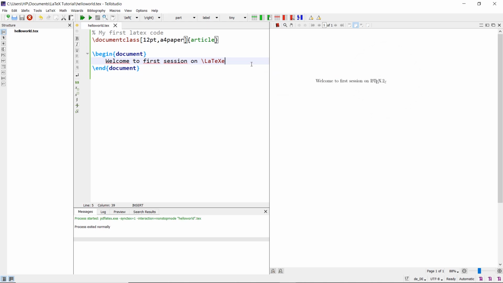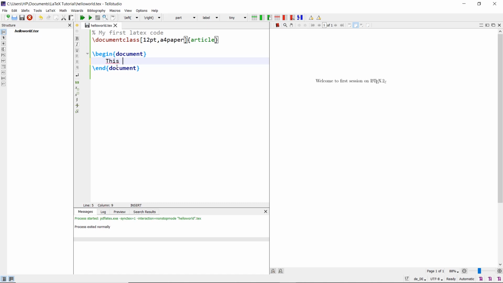Now you have learned the basic syntax of LaTeX. The basic syntax of LaTeX is very simple. Next, we will see how it differentiates between spaces and lines. If you are an HTML or a web developer, if you are well versed with HTML, you know that markup languages are very strict in specifying spaces and new lines. Let us have a look into it.